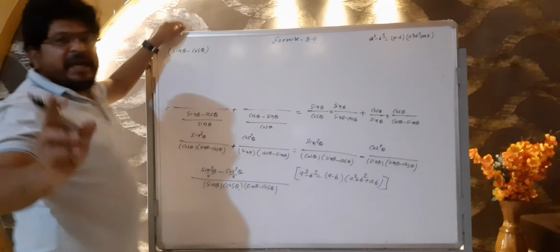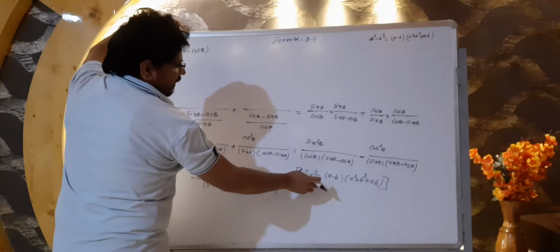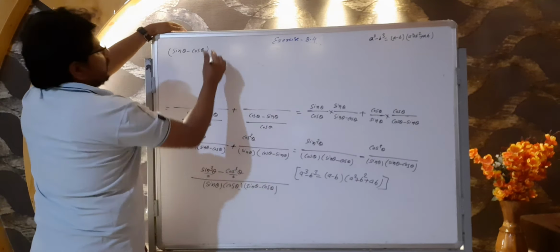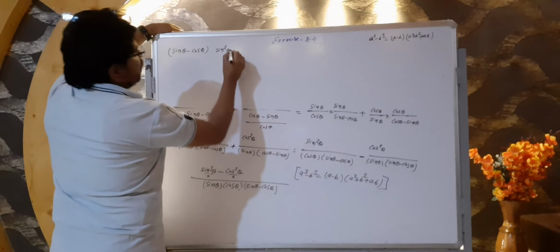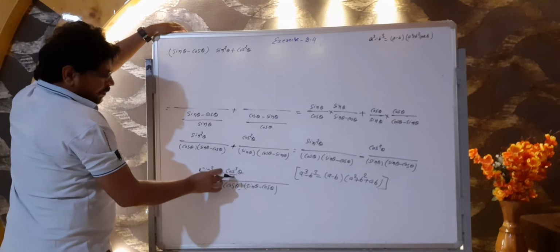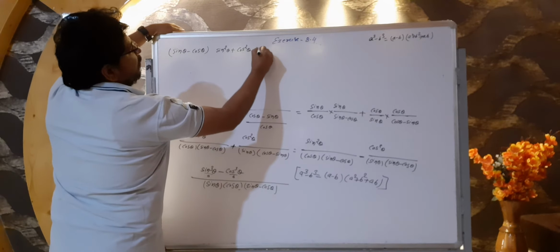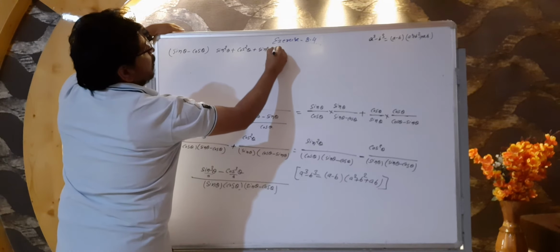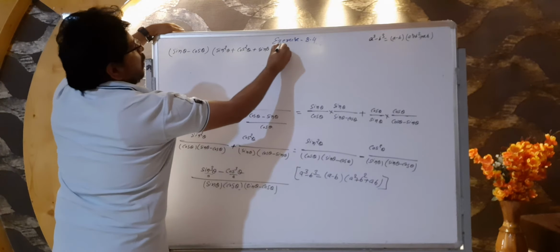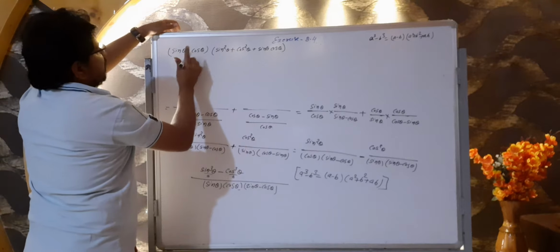Now next step we got a square. What is our next step? a square means sin square theta. After it plus b square, it means cos square theta. After it plus ab, ab means sin theta and cos theta. This particular formula a cube minus b cube applied, and we got this step. What is downside?